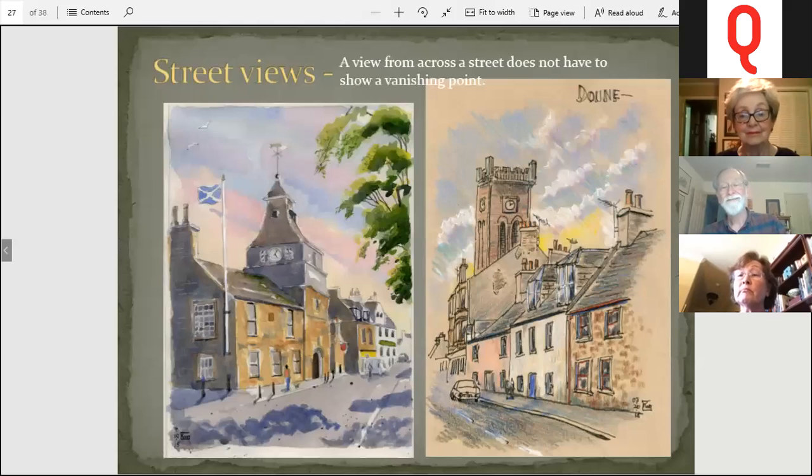You don't always see the vanishing point at all. These are just a couple of sketches to show you that it's somewhere off the page. And yet we're doing the same thing. We've got an eye level with that person on the left-hand side painting there. And notice how the windows are pretty level right through there. That little window mullion across on both of those windows is horizontal because it's right down there on the eye level